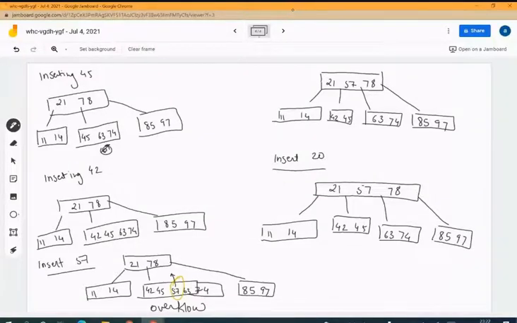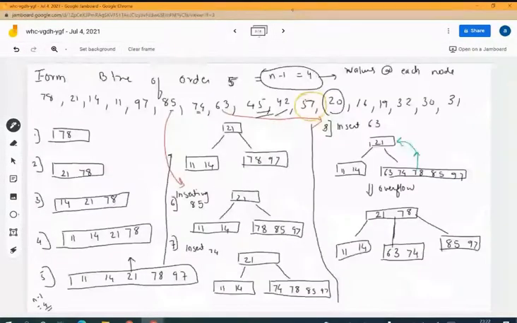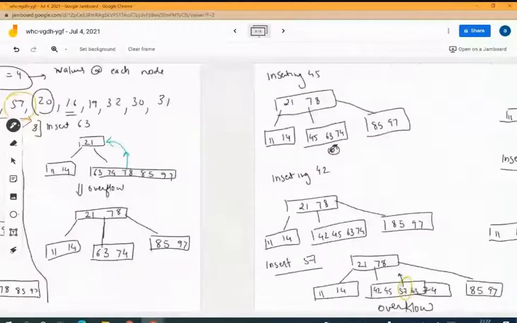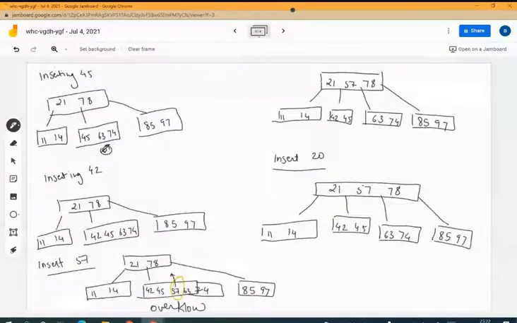Which is the next element to be inserted? Now it is 16. So after inserting 16, 20 needs to be placed here. After inserting 16, I'll make changes here only. Insert 20 and 16. 20 already हमने insert किया था. अब 16 insert करने के बाद में क्या हो जाएगा? आपका 14 यहाँ पर shift हो जाएगा and 16 will be inserted at this particular point. So you can see, I have inserted it towards the left of 21 since the value is less than 21.